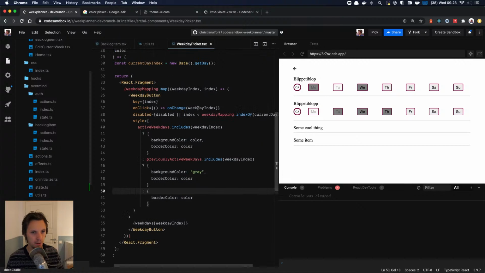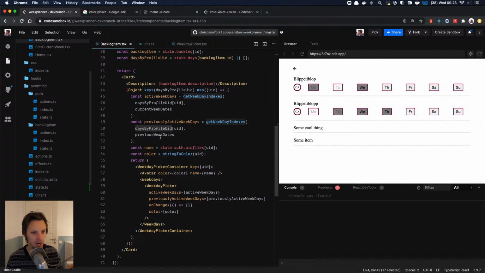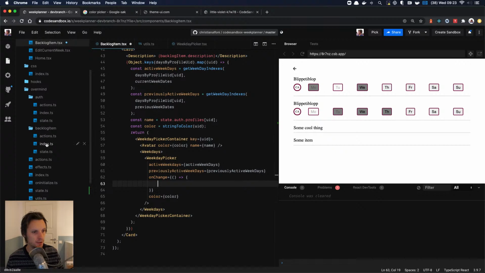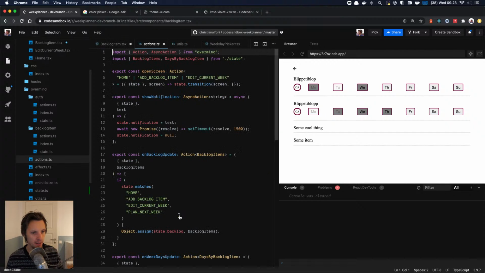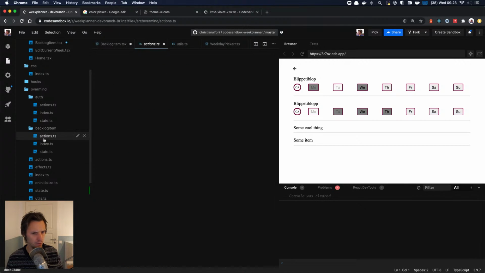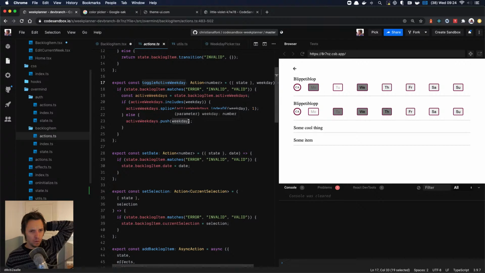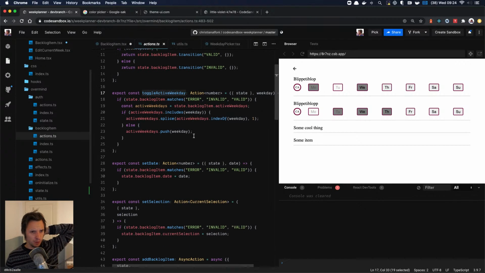What we are missing here is the on click, because that triggers the on change, and we don't have any on change here yet. So what we want to do when you tap this on change, we want to call an action which toggles the day, and I believe we already have that, or kind of have that. So when we create a new backlog item, we have the toggling, but this is related to creating a new one. So now it's different. Now we rather want to toggle on an existing one,